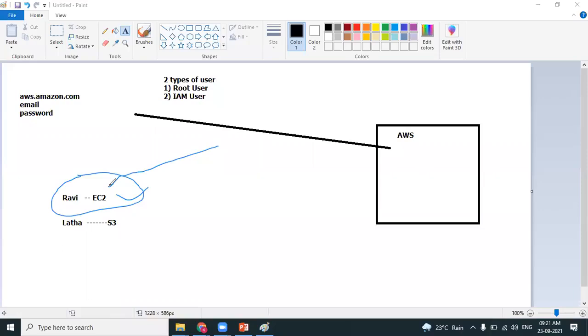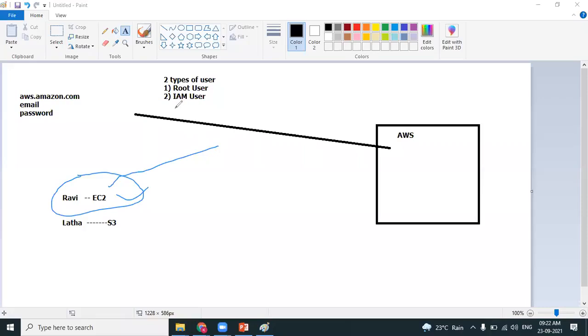Once you get the job in AWS, and when you get into an organization and when you support the client, do you think you'll have root account details? Do you think you will be provided root account details so that you can log in and you can do anything? No. Once you get into an AWS job as an AWS engineer or a support engineer, infrastructure support resource, we will never have root access credentials that are highly secured. You will never be given root user details.